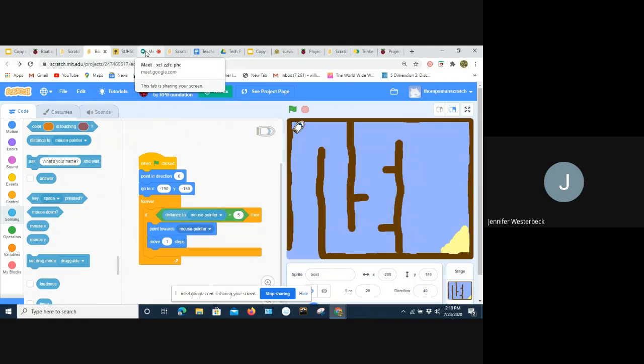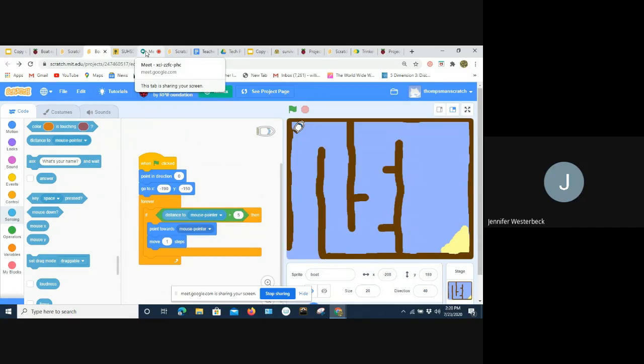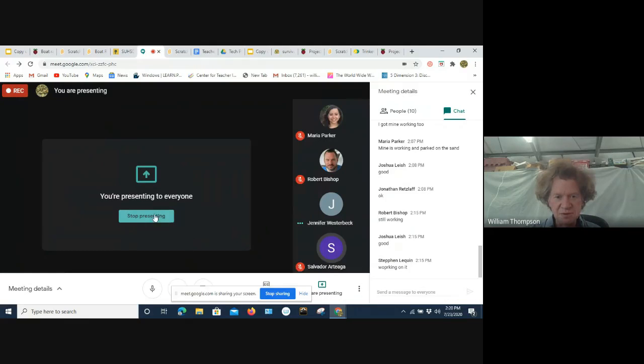What does it mean when it gets a yellow box around it? It might. Can you show me your screen? It might mean that it's detected an error, but let me see what you're seeing. Okay. Oh, I probably need to stop presenting first. Okay, there we go. Okay, so I haven't done this before.